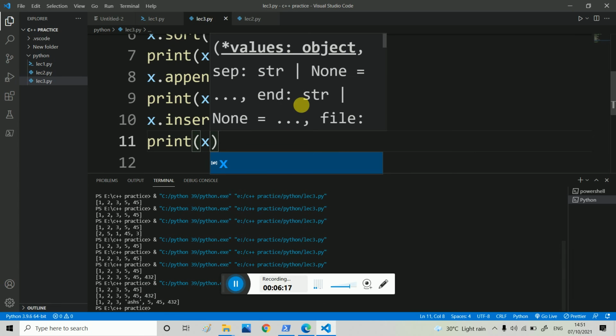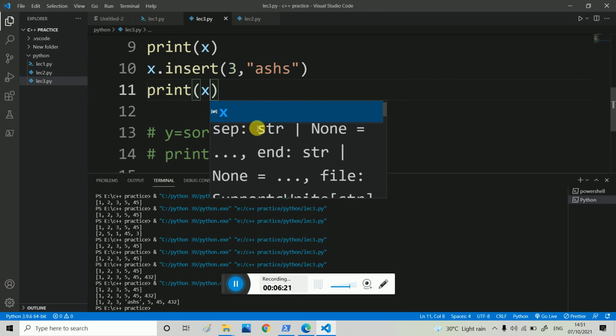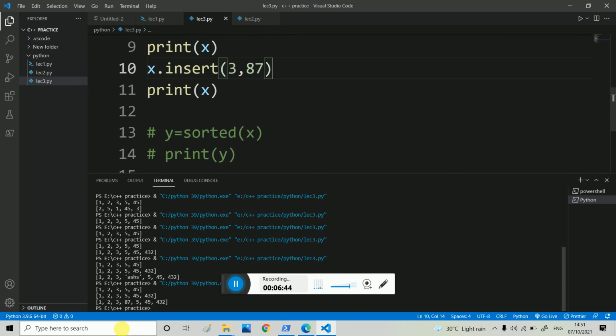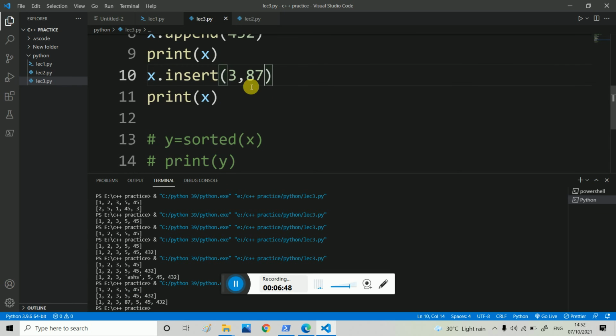So at index 3 this string is added. I can write another, I can write 87. Now run. So at index 3, 87 is added. Now you understand how the insert keyword works.